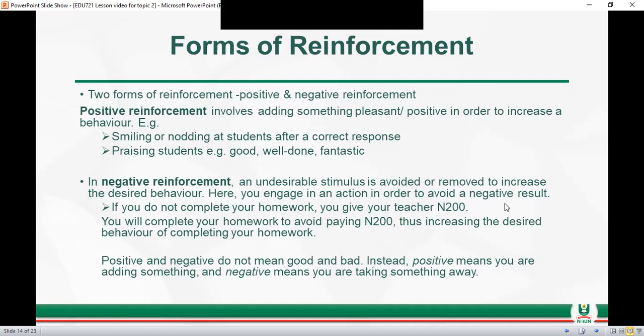You want to avoid paying it, you will complete your homework to avoid paying that. Remember, we said in negative reinforcement, an undesirable stimulus is avoided or removed. In this case, the 200 naira is the undesirable stimulus. It is avoided or removed in order to increase the desired behavior. And the desired behavior we are increasing is that of completing their homework,